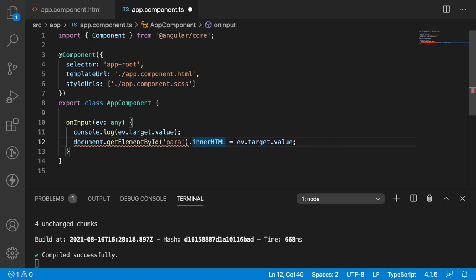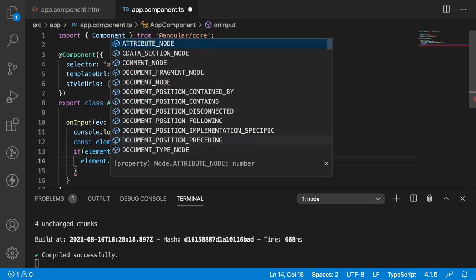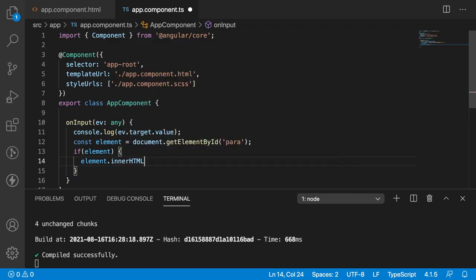So that is the reason I want to create this particular element separately. By removing all these values, I'll use const element, and this element is equal to document.getElementById. If element exists, then only I will assign element.innerHTML is equal to event.target.value.